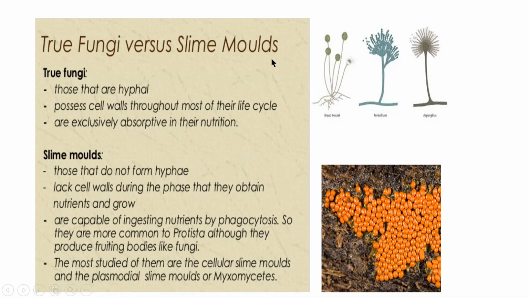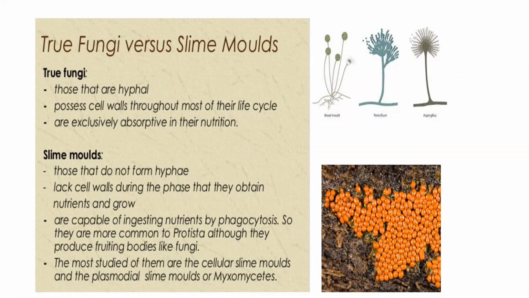Myxomycetes. The other important category of fungi are the true fungi. You call it Eumycetes. Okay, Eu means true. So they have a hyphal kind of vegetative structure, with hyphae forming a network. They form what is called mycelium. Okay, and they possess a cell wall. All the cells have a cell wall, which is mainly made of chitin and other carbohydrates, and they are absorptive in their nutrition. They absorb the food nutrition.